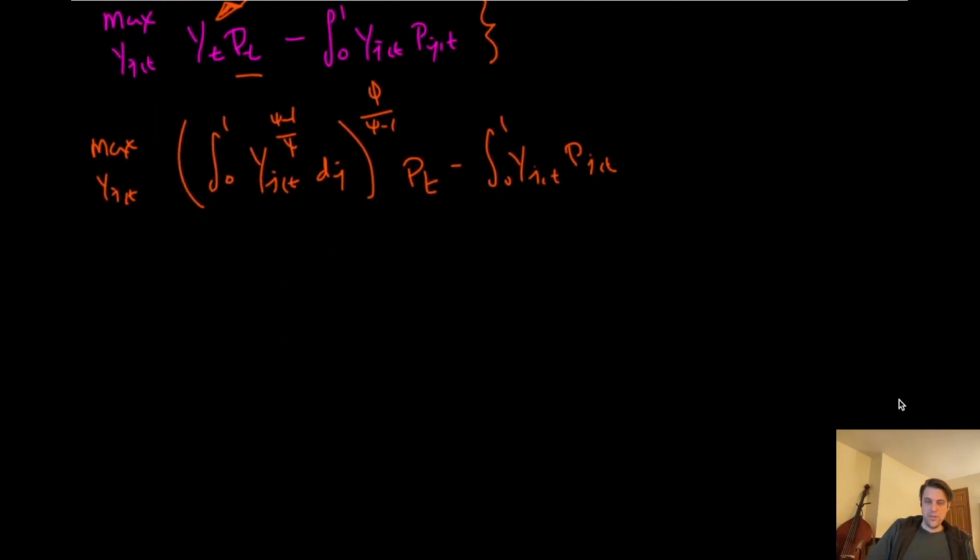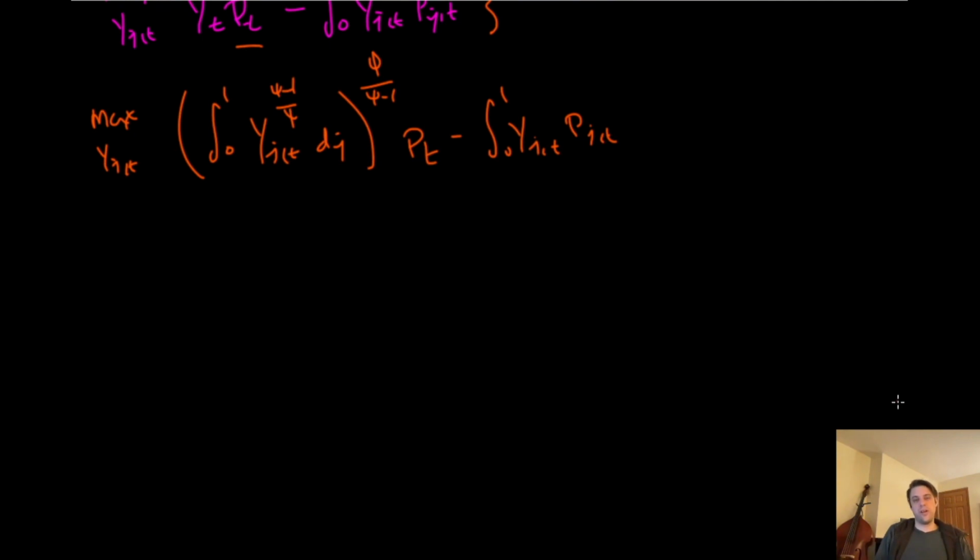So now we have to take the derivative of this. Please have a try. Don't be afraid of the integral. Remember, the integral is just a sum. So there's going to be infinity things added together, all of them raised to the psi minus 1 over psi. And the jth one is the one you care about. And all the rest of them will be 0 because you're only taking the derivative with respect to j. So all the other ones go to 0. You'll just have one thing with 1 power on it. And don't forget the chain rule.